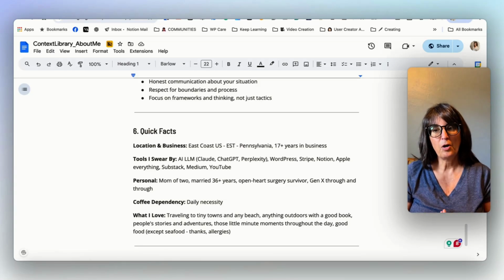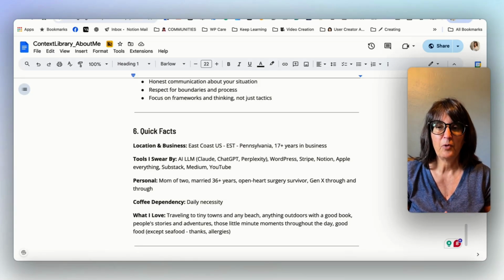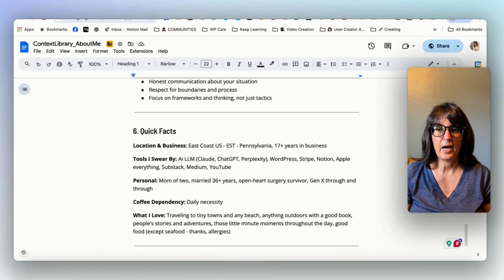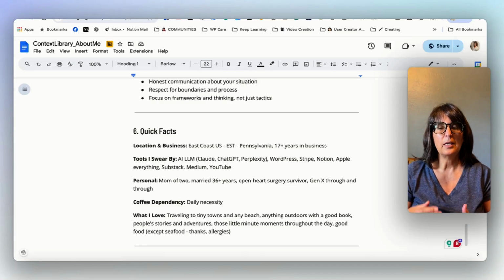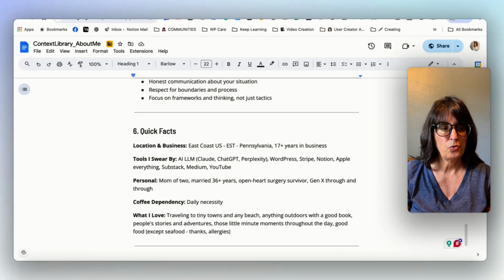Because the best part is when you integrate with ChatGPT, Claude, Gemini, or any of the other AIs, it keeps the context and you can easily tell it to re-reference it once you make changes and updates. So let's take a look at it in action.